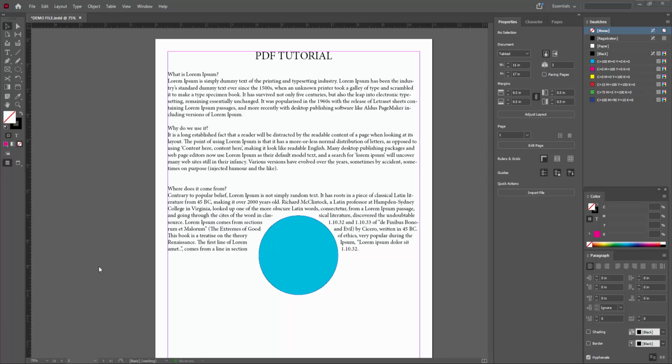In this video I am going to show you how to adjust one page in Adobe InDesign. Let's get started. At first you have to open your InDesign software. Now you want to